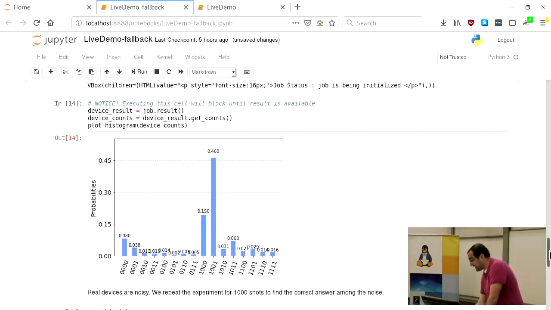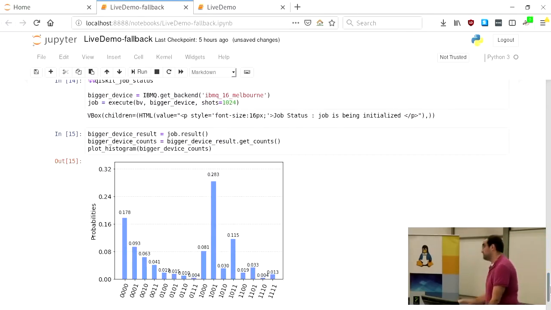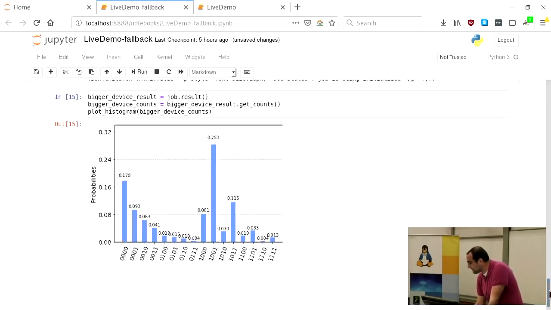And then I also ran it on the Melbourne device, and it was actually noisier, which makes sense because there are more qubits, there's more things going on, more sources of noise. At least in my head, it makes sense. I'm sure the experimental physicists will disagree with me, but so at least this can hopefully show how you can use a quantum computer to solve at least a hypothetical